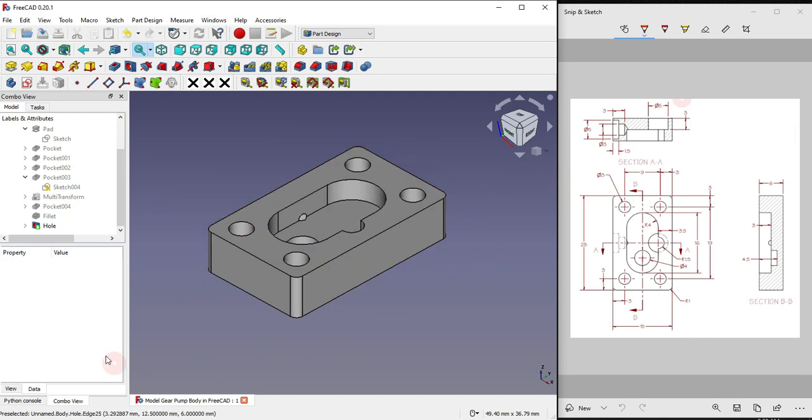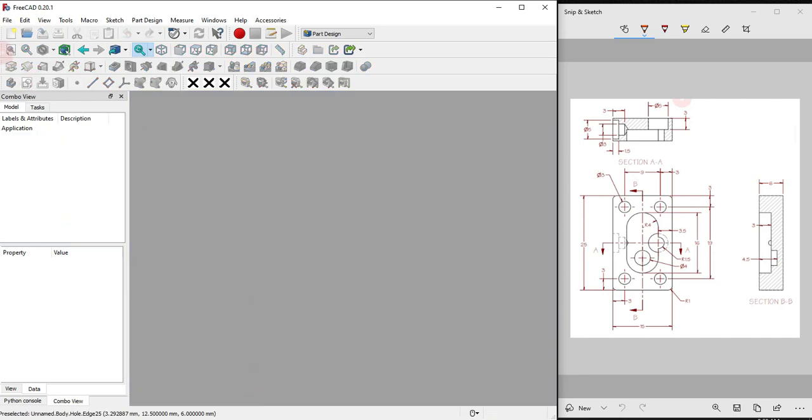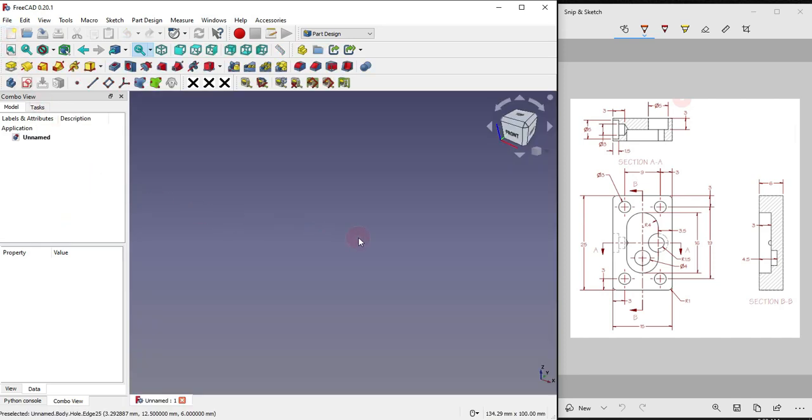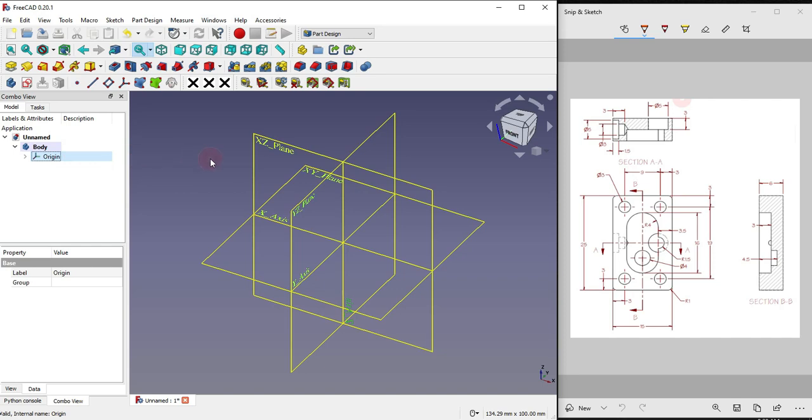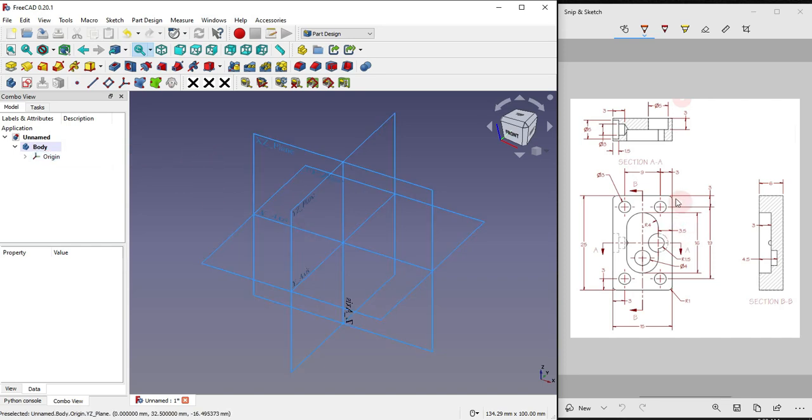So let's start. I will close this file and create a new file, and I will create a new body, and I will press the space bar and show my origin planes. Before starting we will select our base plane from where we draw our first sketch. So we will select this XY plane and I will say sketch,